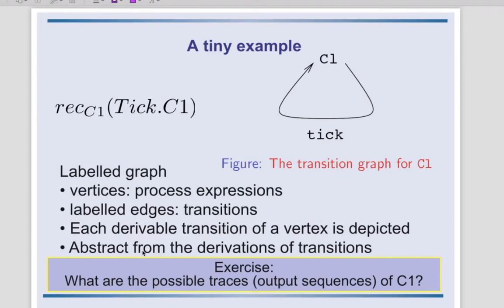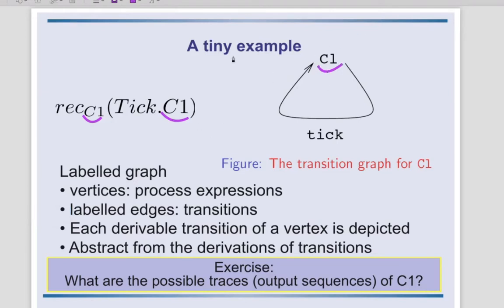This is just a semantics to show an example, mostly to show what a recursion is. I said recursion introduces the name of a variable and you can reuse it. So if you consider rec c1 tick.c1, it produces this labeled transition system that can do a tick and then becomes the same process again, so it can do tick again. So generally you could put C1 as a label for the state if you want.